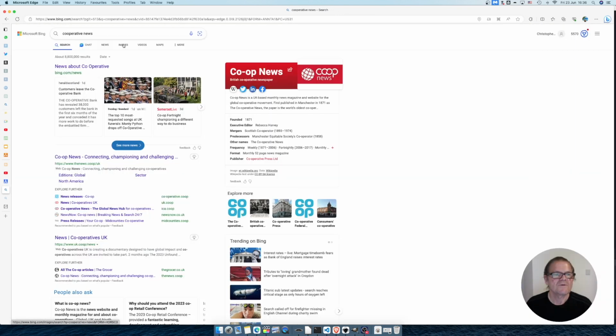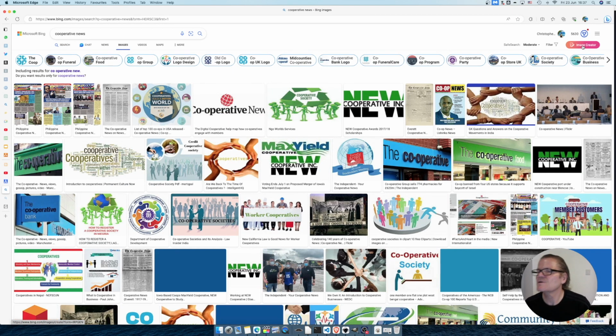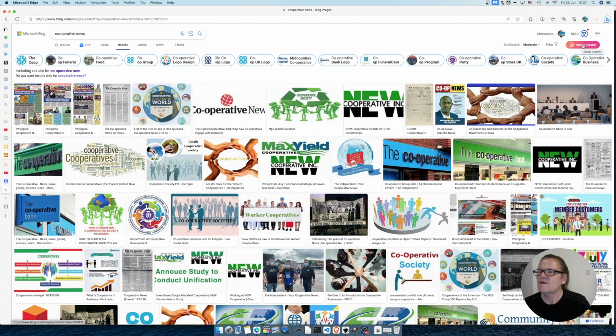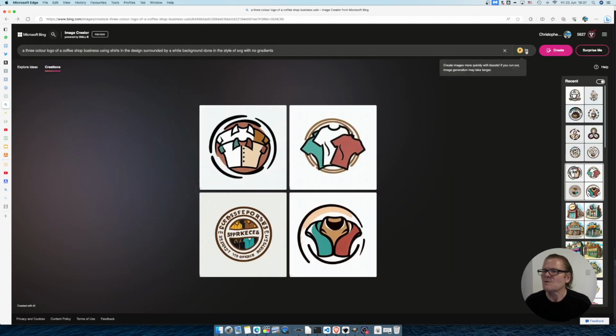In Bing, if you go to Images and click Images, you'll see over here on the right hand corner it says Image Creator. You can create an account, and that will allow you to create images using Bing's AI Image Creator. They'll give you around 100 each week that you can work with. So we start out by saying a 3-color logo of a coffee shop business using, let's say, coffee beans